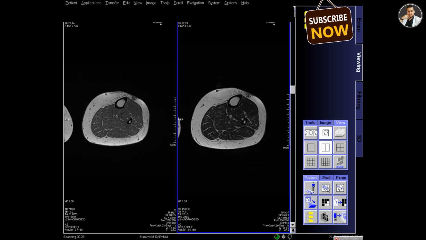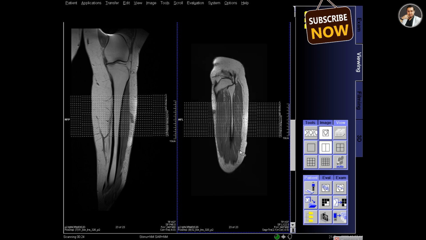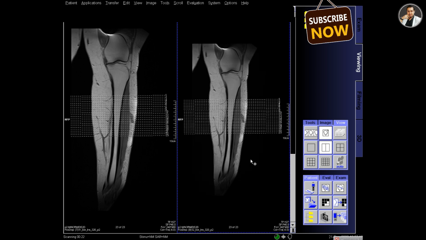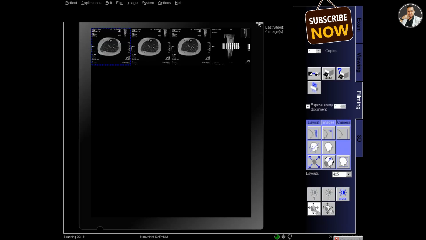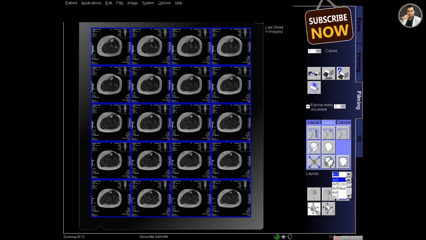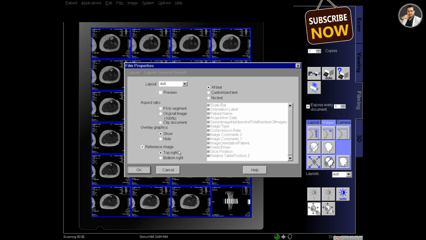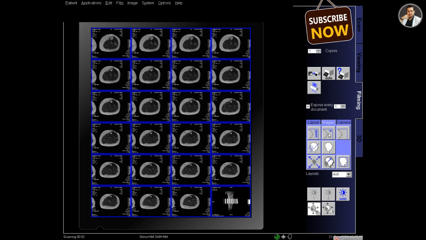Select the series and send it to the filming, and also send the reference image for the T2 transverse to the filming. And now in filming again change the layout to 4:6. That means 24 images will fit in the film, and also untick the reference images.